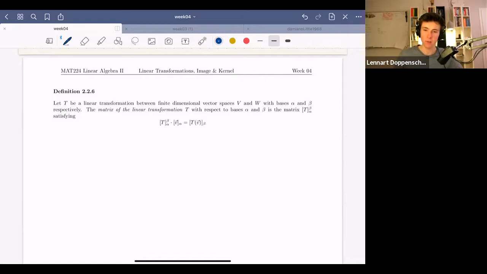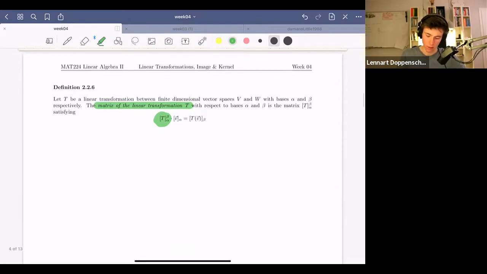But now that we've seen how this machine operates, we can say that, well, for any transformation T which is linear, and bases alpha and beta of V and W, we define something called the matrix of the linear transformation T. And it's not a surprise that this is exactly the matrix that satisfies the property that when we go to the coordinate point of view of a vector, then we apply this matrix by matrix multiplication and obtain the coordinate vector of the result of T.